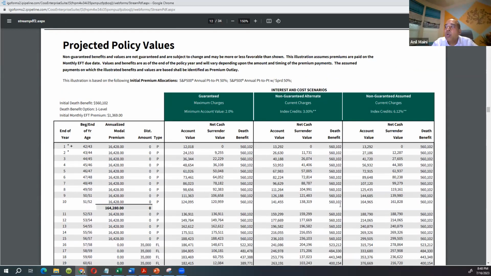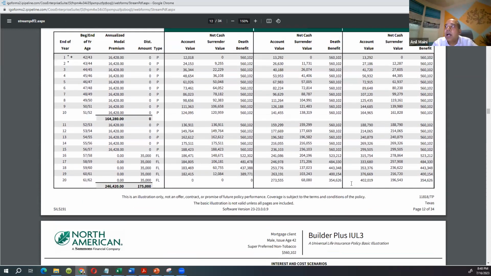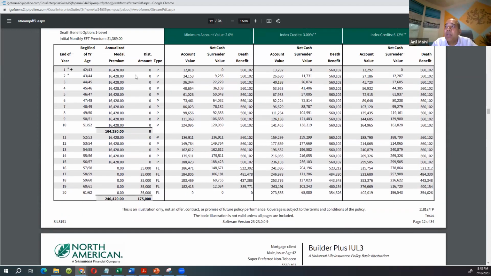From day one, the main benefit to the family is if something happens to the primary bread earner, then 560K will be given to the family and they will be able to pay off the mortgage, right? But can we reduce these details? Because the main intent is accumulation. So this is the minimum benefit. No, we cannot reduce the death benefit further because our premium is that high, otherwise it will fail the test, right?